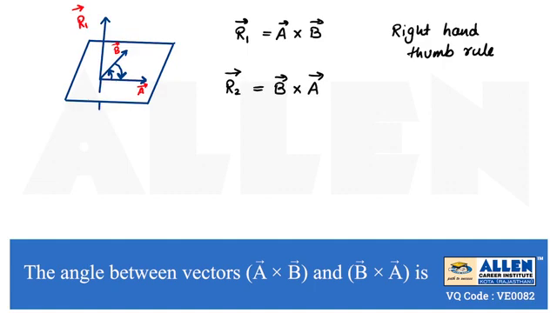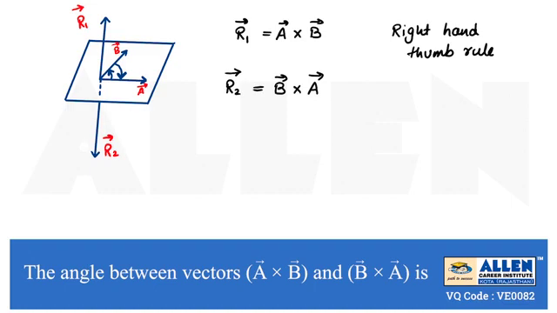So this is representing the direction of r2 vector. Here we are discussing r2 vector, which can be represented like this. So this is representing r2 vector, and clearly with the help of the diagram we can see r1 vector and r2 vector are opposite to each other. Their magnitudes are equal but their directions are opposite.